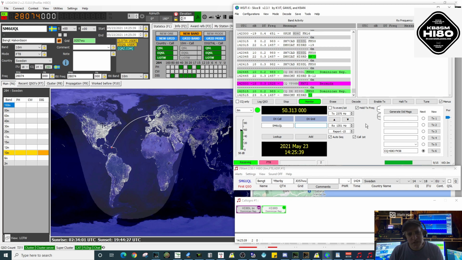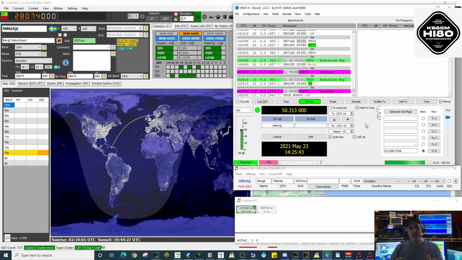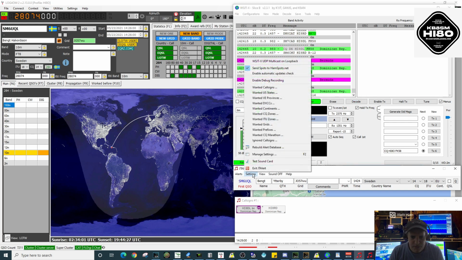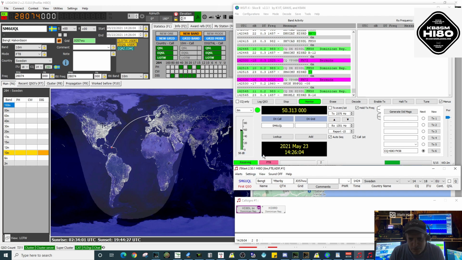But one disclaimer needs to be made, or at least that's the way I do it. As I want to use Gridtracker to send my QSOs to Log4OM, it means that I'm not using JTAlert to send the QSO information. That means that I need to disable the logging in JTAlert, which is quite simple. If you go to the settings menu, manage settings,